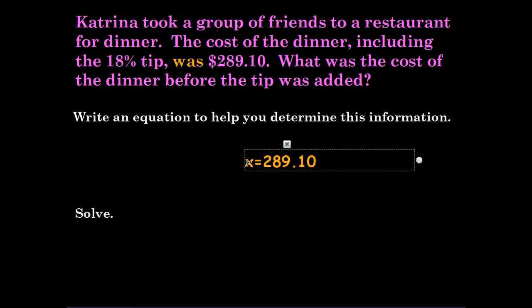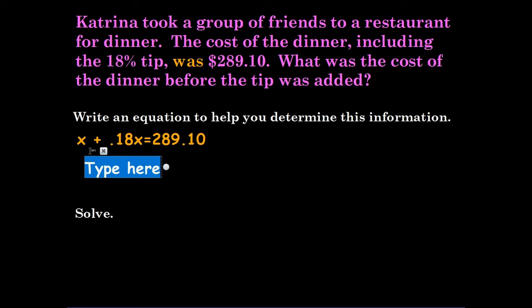So we would say x, the cost of the dinner, and, right, the 18% tip. Well, remember, 18% is 18, based on the last one we did, 18% of the dinner. So this is the cost of the dinner and 18% of the dinner. And it equals